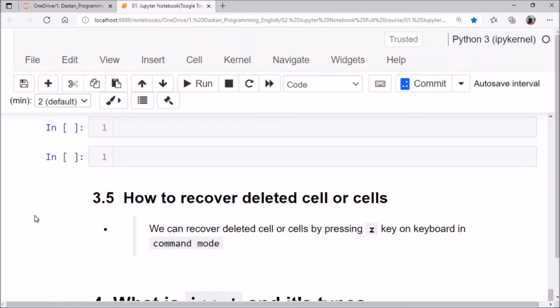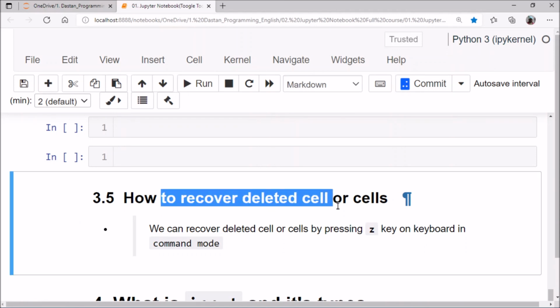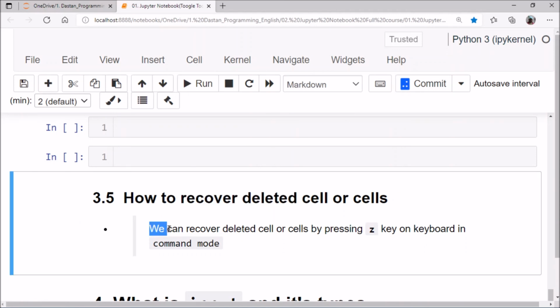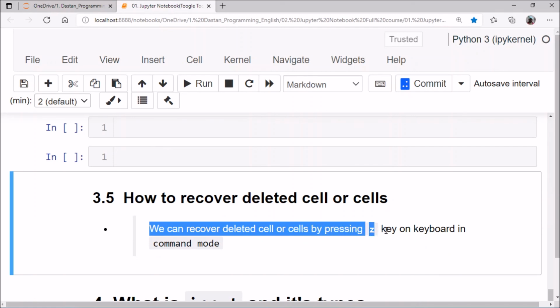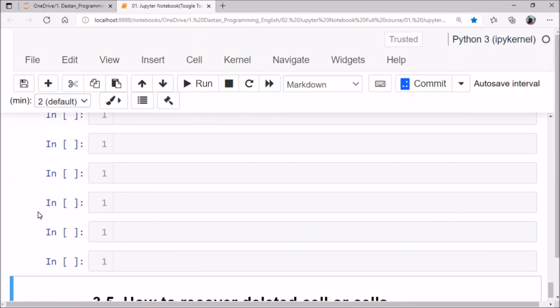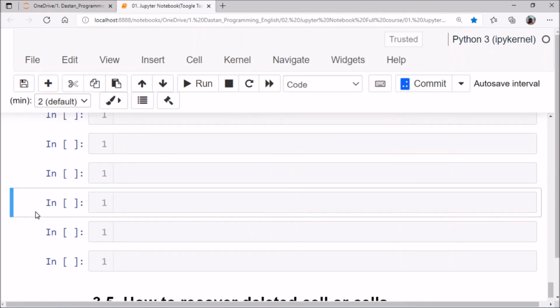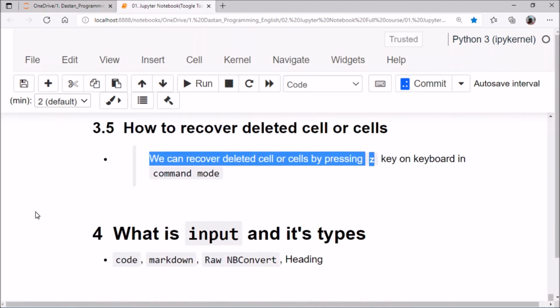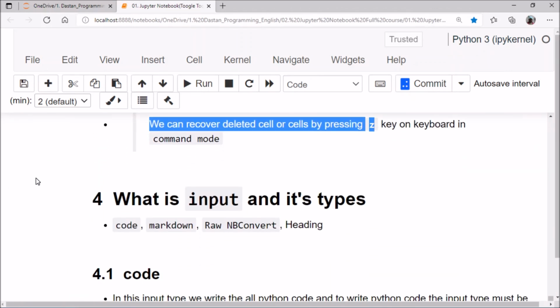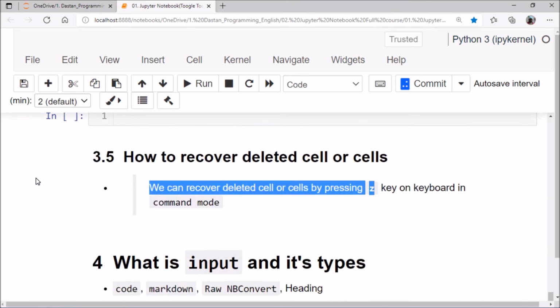Now it comes to how to recover deleted cells. Simply we can recover deleted cells by pressing the Z key on the keyboard in command mode. When I press Z, the deleted cell will come back, but here we didn't delete any cells, so that's why it is not coming.